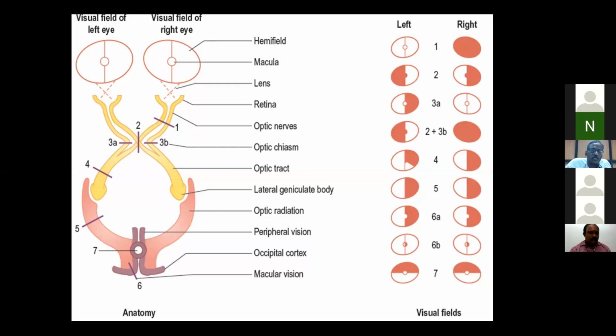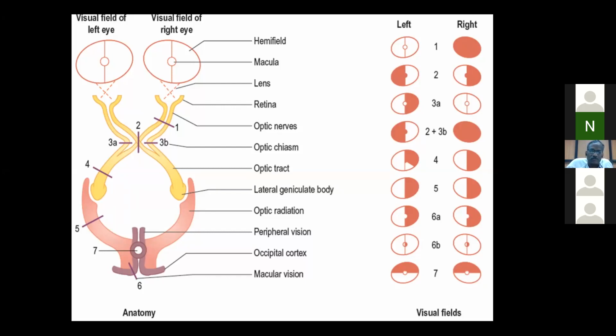Any pathology in the optic nerve, no issues, both are from the same side, so you'll have complete loss of vision. In case of the optic tract, one is from the right eye, one is from the left side, so half will be from the right eye and half will go to the left eye. Next, coming on to the geniculate body and occipital cortex, along with that we can have pathology. This is the clinical importance of this picture I want to tell you here. So remember two things. One is the difference between the optic nerve and the optic tract. Go through it clearly. That will give you a clear picture of the level of lesion and, according to that, what symptoms the patient may have.